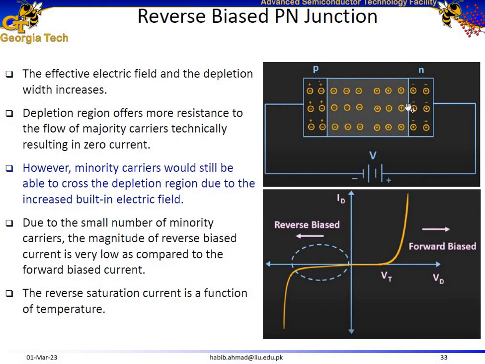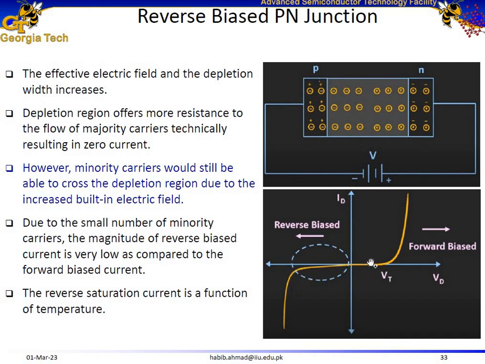Under reverse bias, the depletion width would increase, which would also increase the resistance of the p-n junction. So ideally, under reverse bias, the current would be 0, but there is a limit to the voltage that we can apply in reverse bias to this p-n junction. If we apply too high a voltage under reverse bias, there comes a point above which the current will start drastically increasing once again, and this voltage is called the